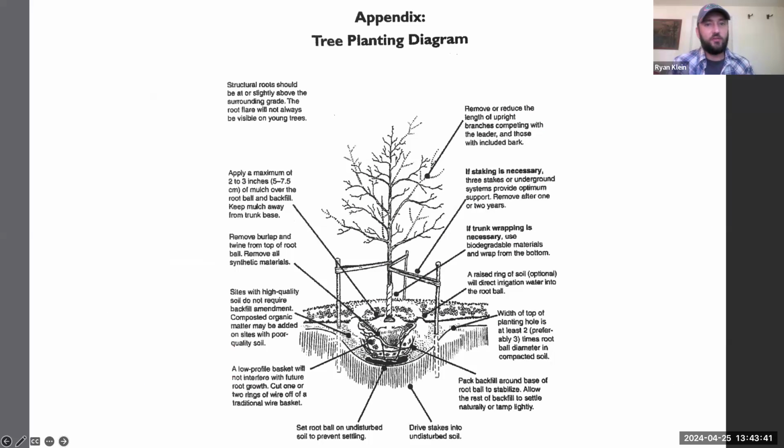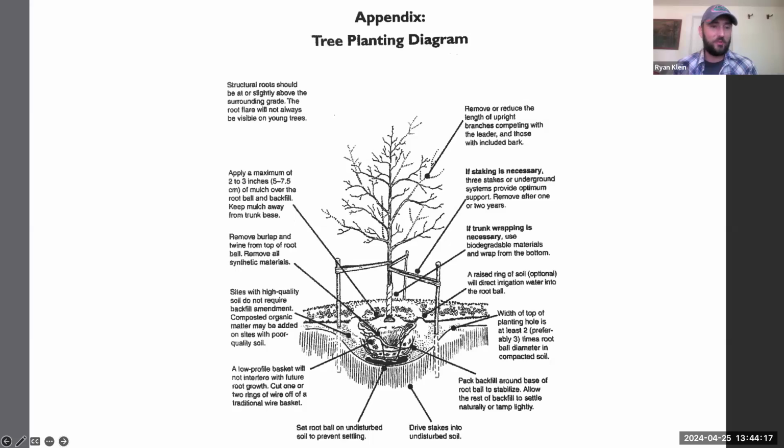And then just kind of an overview of everything that we've talked about here. Evaluate your site conditions above and below ground, making sure you're digging the hole the appropriate size depending on the soil type. Identifying and removing any of those root defects, planting a couple inches a little bit high and exposing the trunk flare because the tree is going to settle over time. Straighten, stabilize the tree, remove all synthetic materials because those can potentially girdle the trunk over time, or some of the roots that are trying to grow out into the surrounding soil.